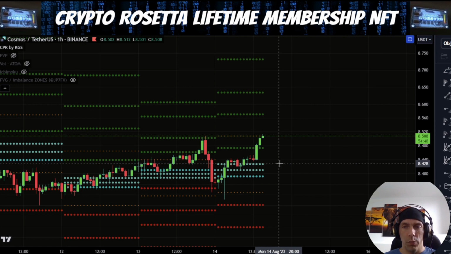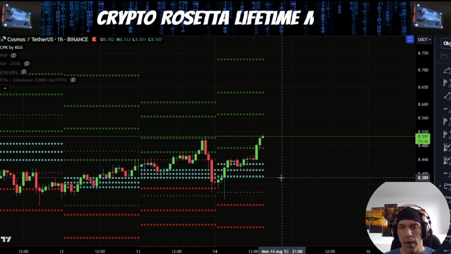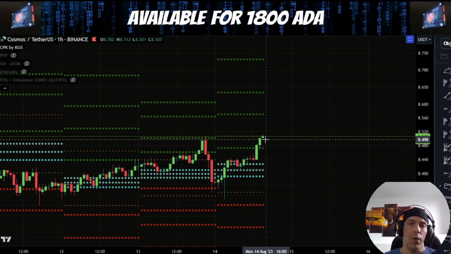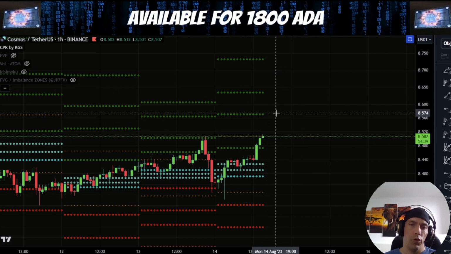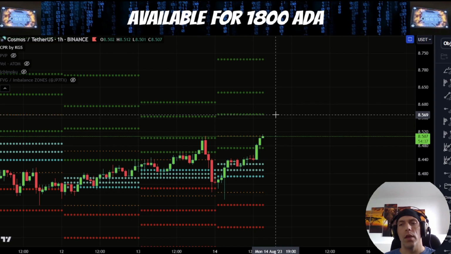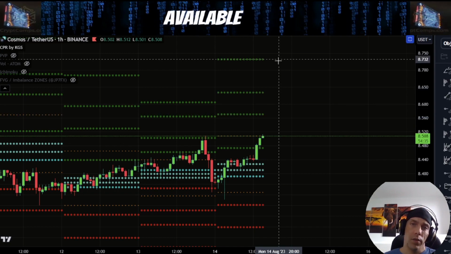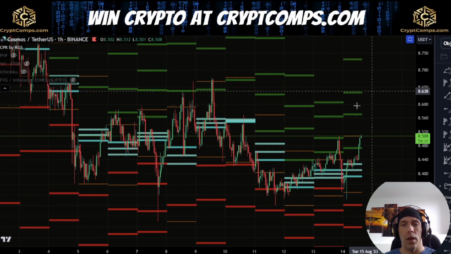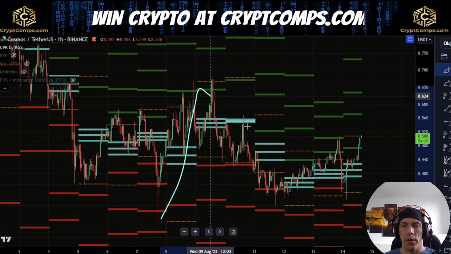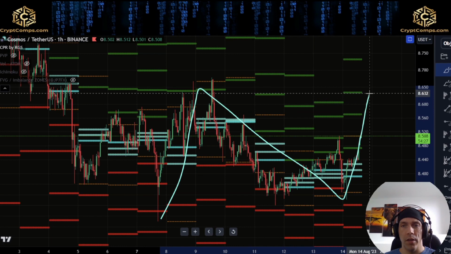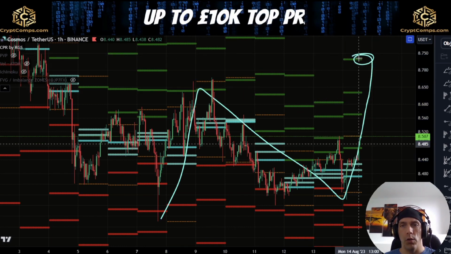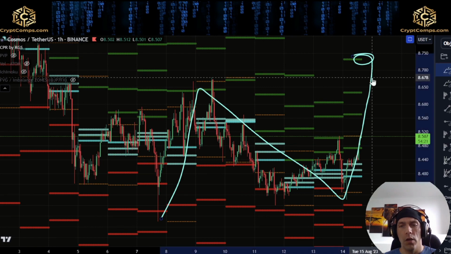We could also find support here between this 842 and this 838 if we do see a retracement to the downside. If, however, we start to see this price starting to push to the upside, targets we have for today are this 856, 863, and this 873 as a potential target to the upside. So you can see how this would align with the idea of this being a bigger ABC pattern, potentially looking to push us up past this high and looking to possibly target this higher zone,